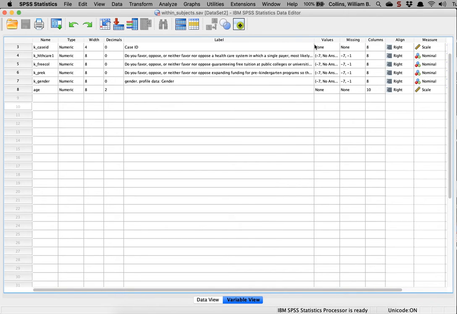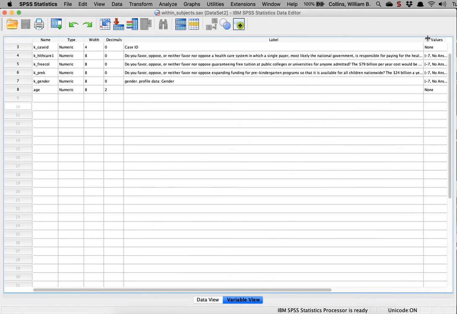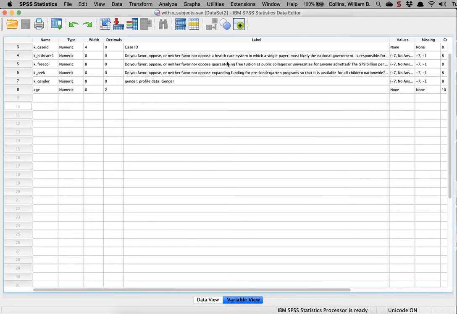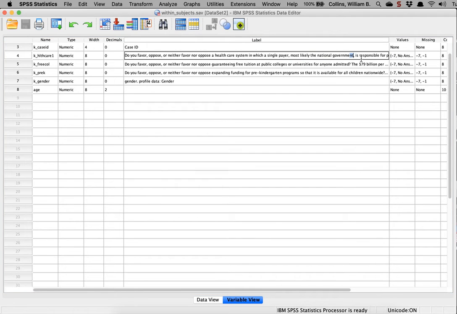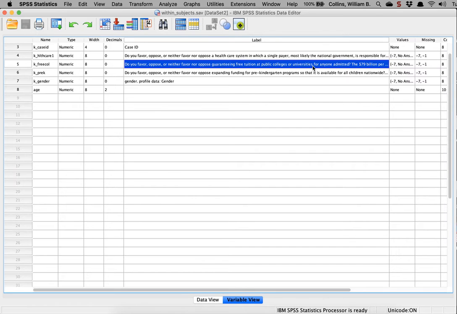and participants were asked if they favored, for instance, in one case, were asked if they favor, oppose, or neither favor nor oppose. They're on 5-point scales, and I've reverse coded these, so a higher value means supportive rather than not supportive, which the original data was. In this case, I'm asking the question, is the government responsible for paying for the health care of all Americans? In the next question,